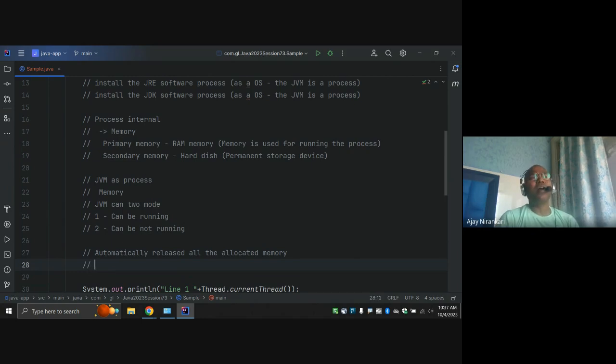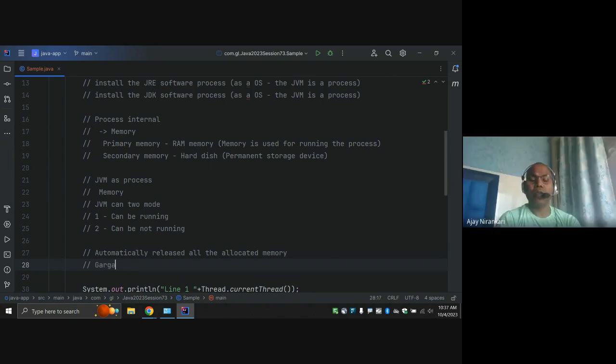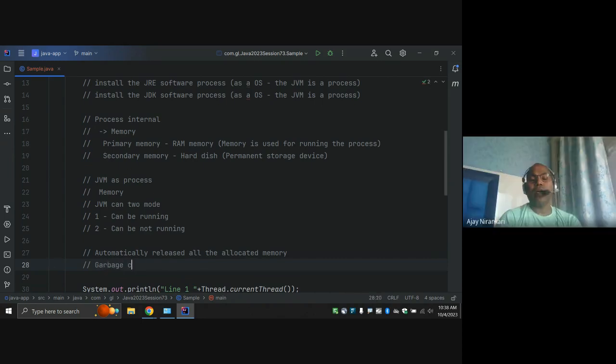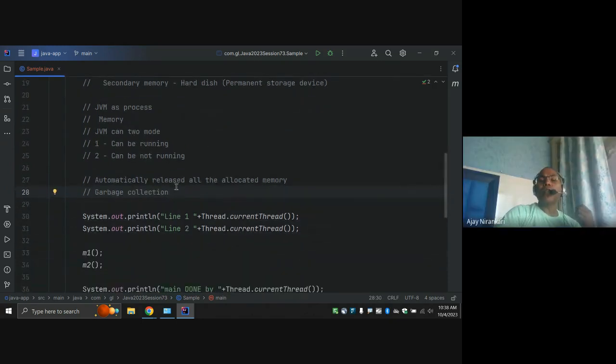The technical concept of memory allocation and deallocation is considered garbage collection. By default, this automatic memory management is implemented as garbage collection.